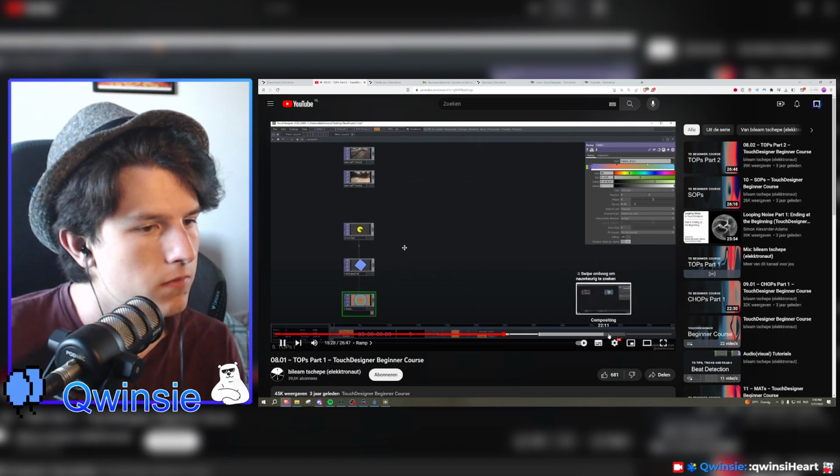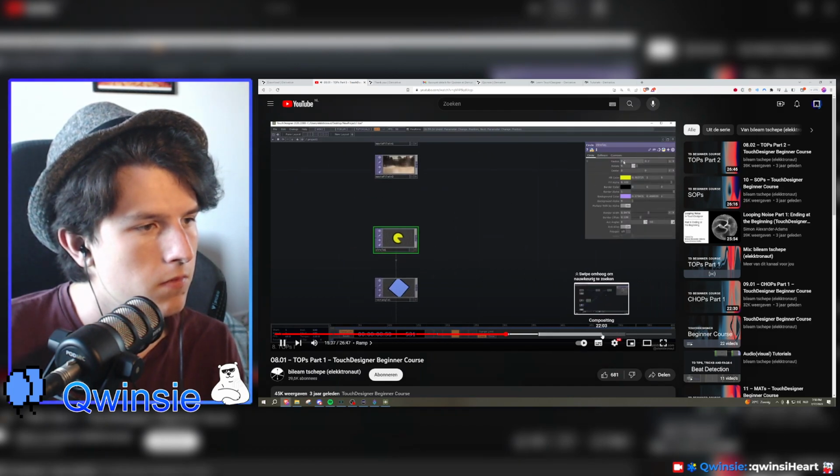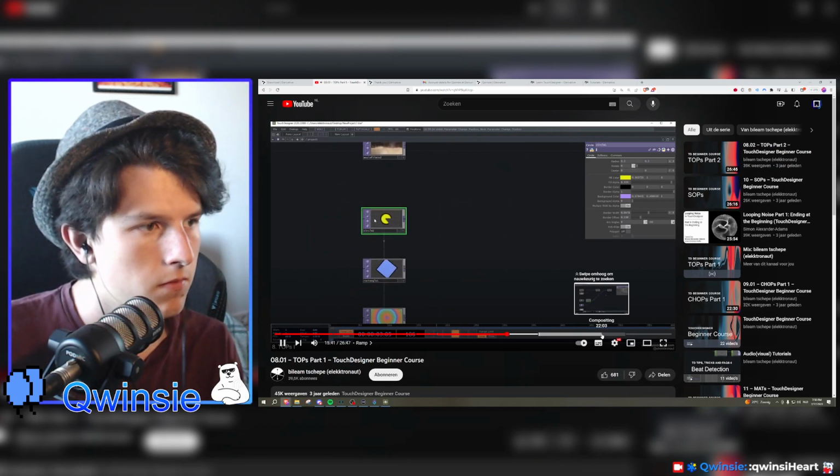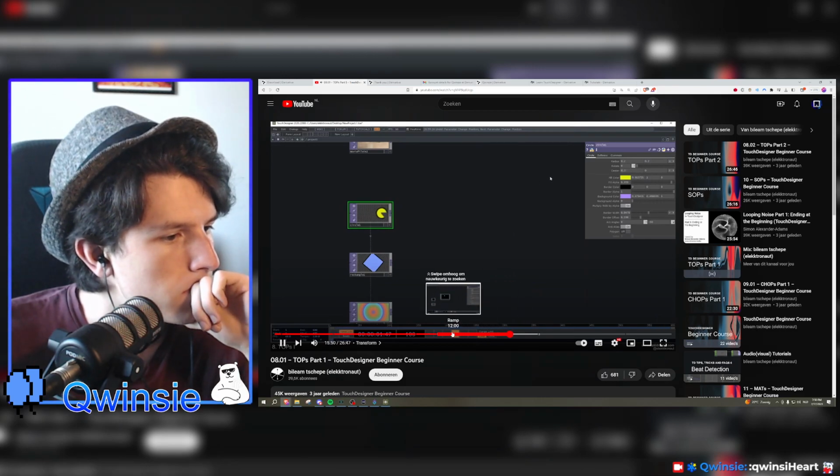All right, let's now look at transforming. In the circle and rectangle, you already have a bit of transforming here, but transforming just means you can scale the graphic, position it, or rotate it. So you have that here, you can change the center here. But I would generally recommend